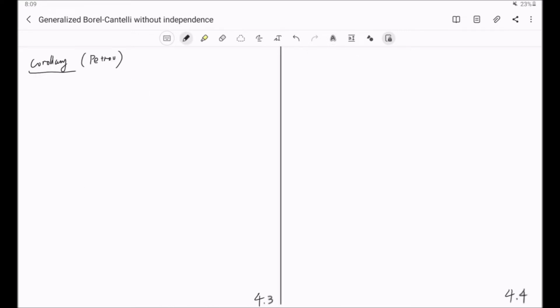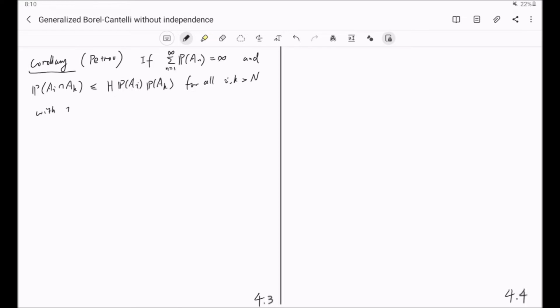The corollary says, if the summation from n equal to 1 to infinity of P of A_n's is equal to infinity for a sequence of events A sub n, and the probability of A_i intersection A_k is bounded by h times the probability of A_i times the probability of A_k, for all i, k greater than n